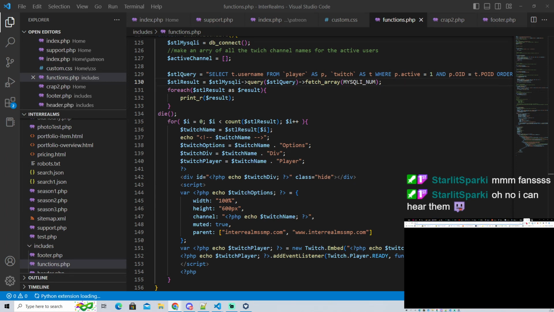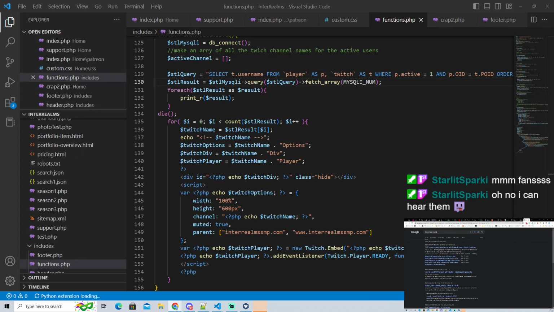For each PHP... MySQLi. It should be in this. Yeah.